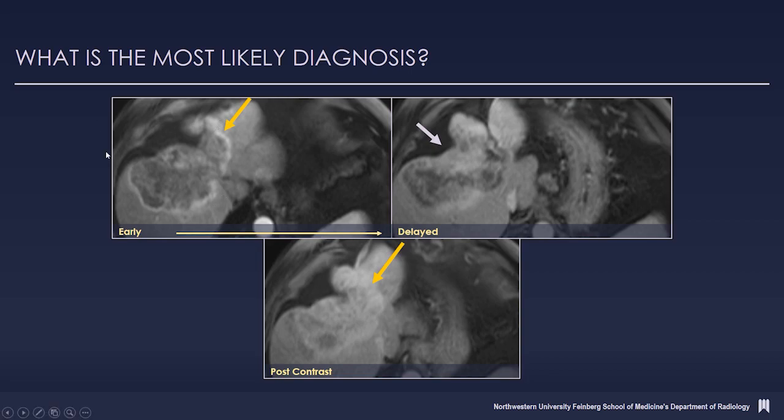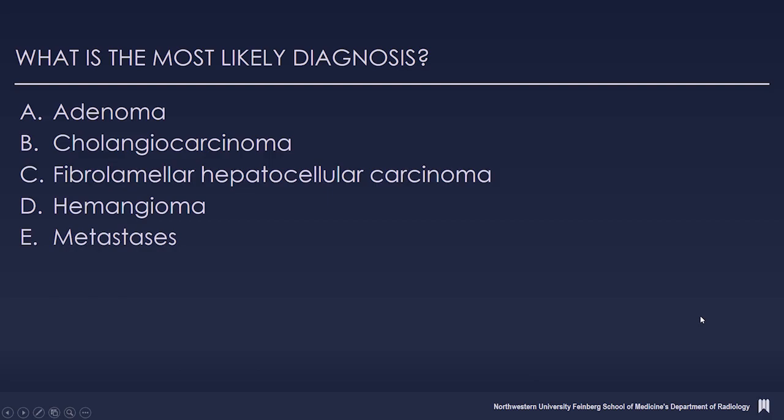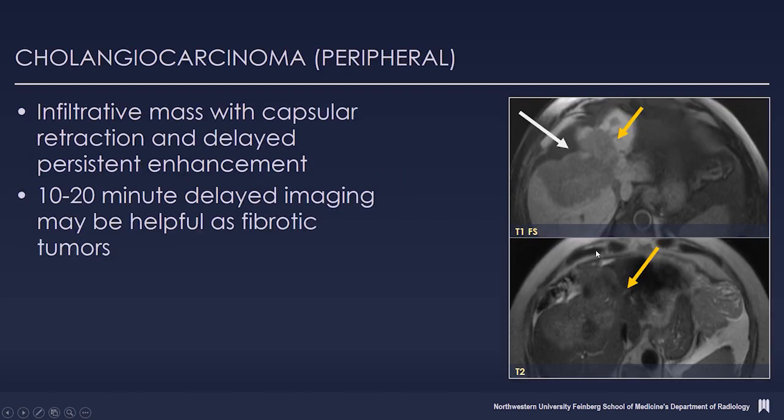We see a continuous rim of enhancement surrounding the lesion. Again, we see that capsular retraction, which is classic for cholangiocarcinoma. And you can see progressive filling in on more delayed images. So this was, as I mentioned, I gave it away, but people like multiple choice questions. This was cholangiocarcinoma. And for these cholangiocarcinomas, the 10 to 20 minute delayed imaging can be helpful because they're fibrotic